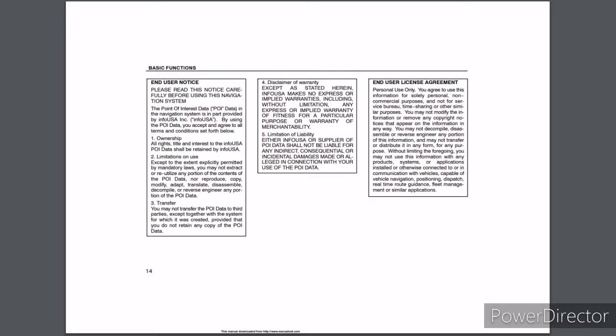portion of the contents of the POI data, nor reproduce, copy, modify, adapt, translate, disassemble, decompile, or reverse engineer any portion of the POI data. 3. Transfer. You may not transfer the POI data to third parties, except together with a system for which it